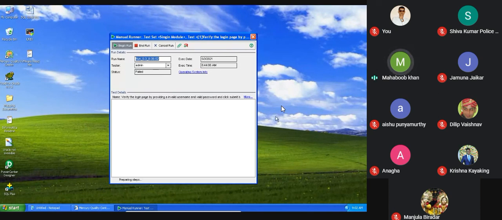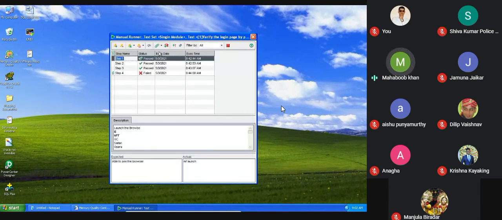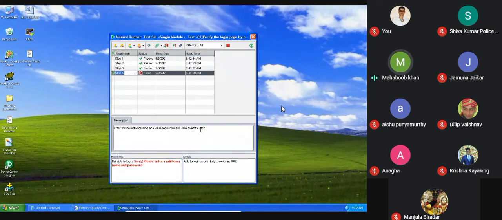Now when you see the failed status, whatever it is, go to the last one and make the changes. If you want to change things like username and password, click here and make the changes here, in the test data.